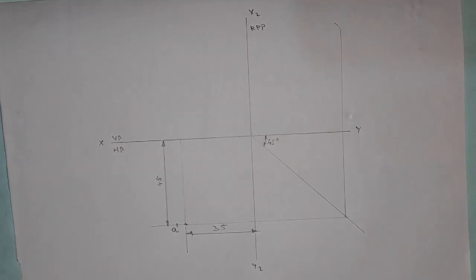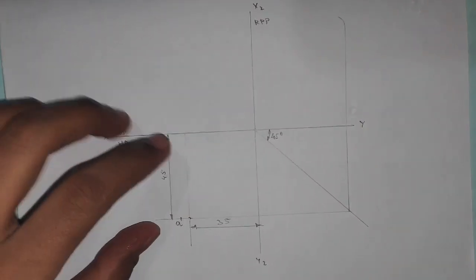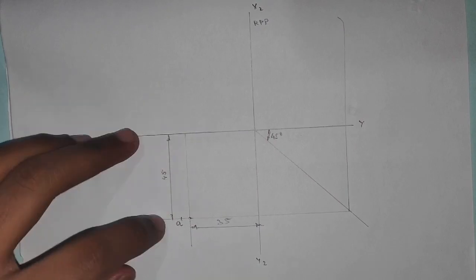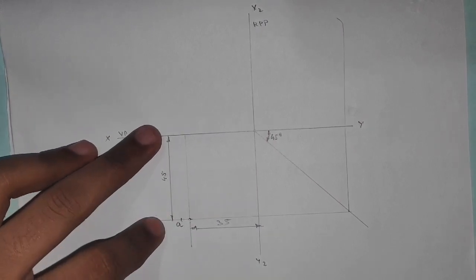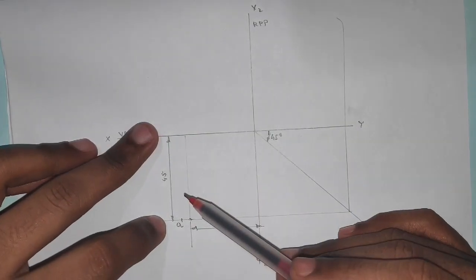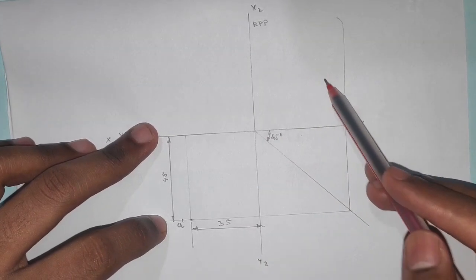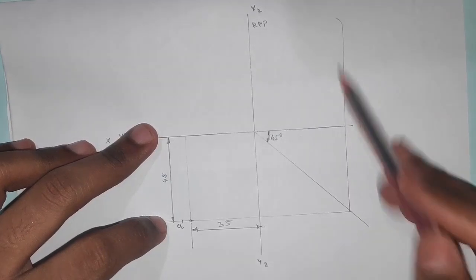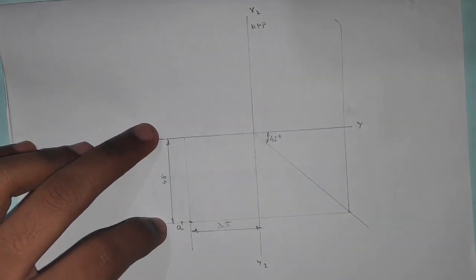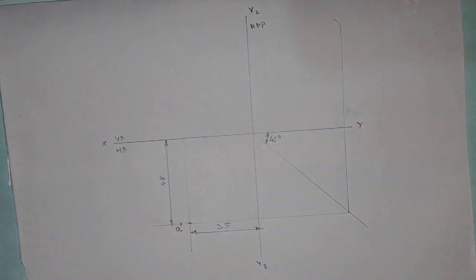So just excuse me, there is a small correction in the problem statement. Since we know this point A is 45 mm below this vertical plane, the shortest distance cannot be less than 45. So as I have mentioned 30 mm, so 30 mm arc will come somewhere inside this projection line, and it will not cut this vertical projection line. So just make a small correction. So instead of 30 mm, let us take that shortest distance as 50 mm. So 50 is obviously greater than this 45.